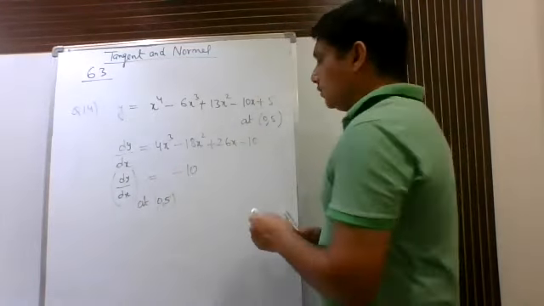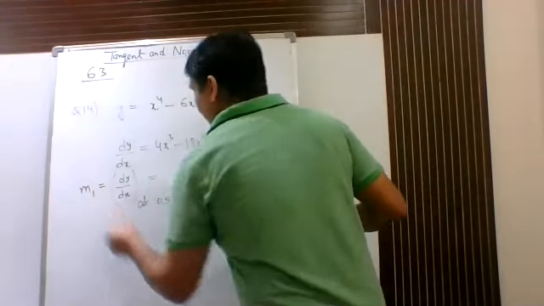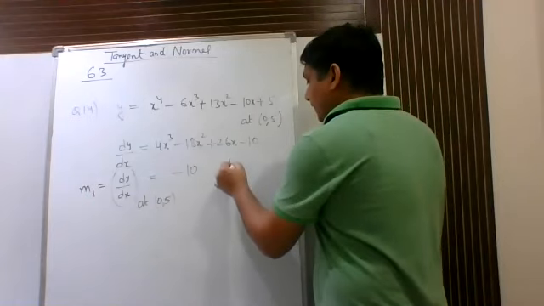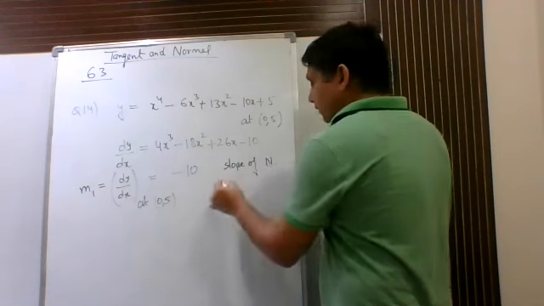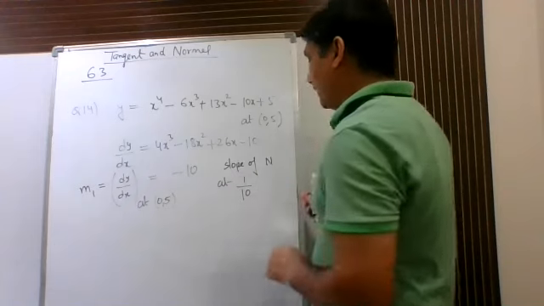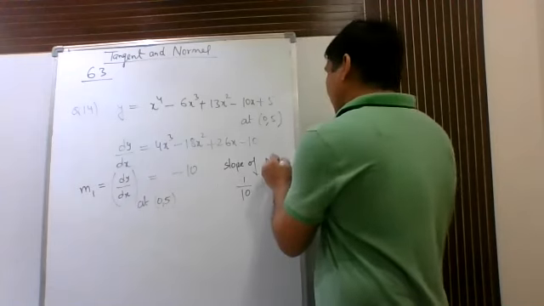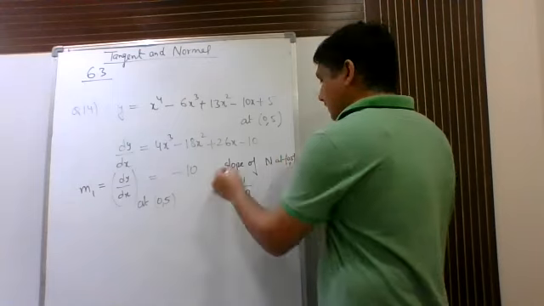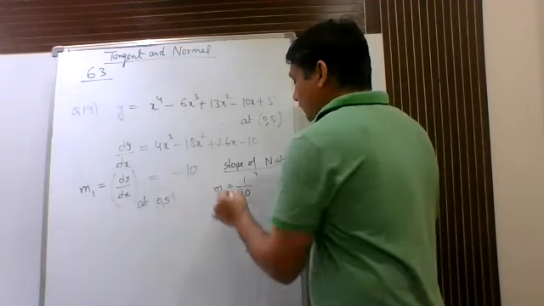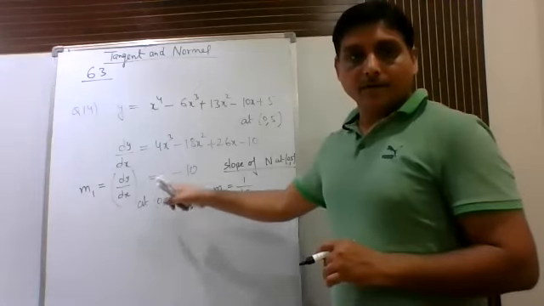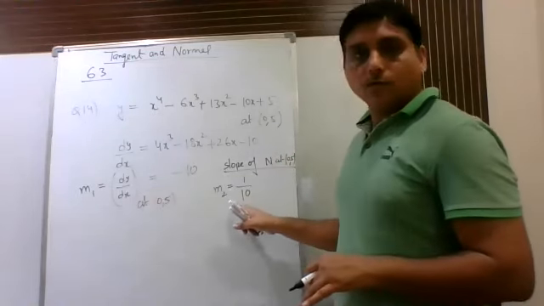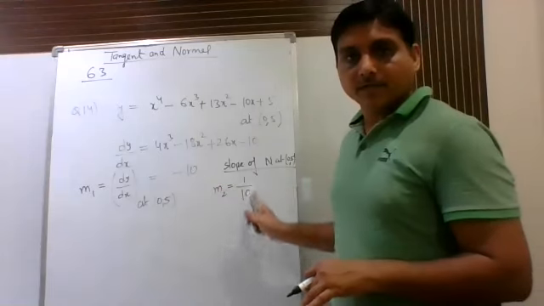So here we can conclude that this is the slope of the tangent. This is your m1. Slope of the tangent is coming out to be minus 10. Now slope of the normal will be the reciprocal of this with a negative sign, so it will be 1 upon 10. Slope of normal at (0, 5) will be 1 upon 10, which we generally call M2. I had told you earlier, dy upon dx at that point will give you the slope of the tangent. For the slope of the normal, M2 will be just the reciprocal with a negative sign. So that is why it is 1 upon 10.